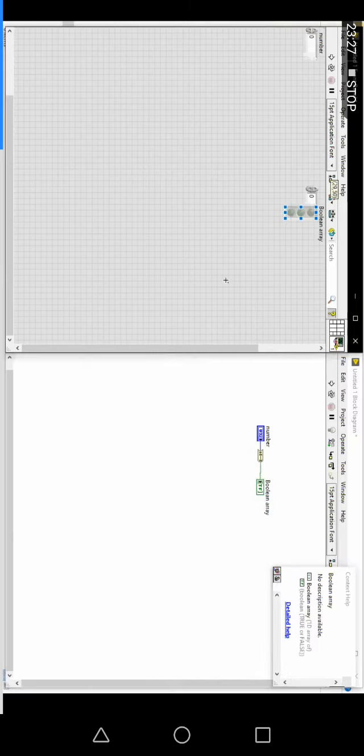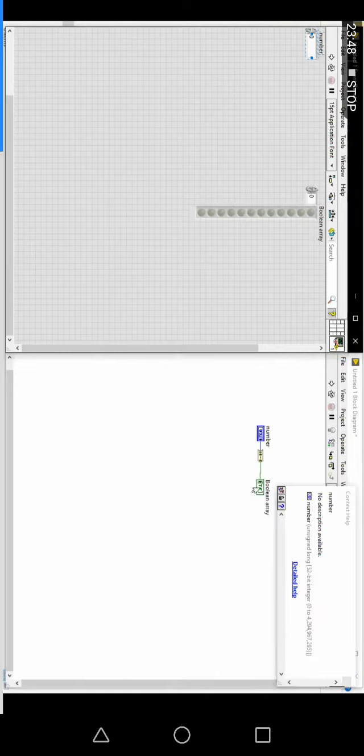Again, I said don't just tell 1 1 1 1. Boolean means binary, but here the output should be like true true true true. You will get true true true true instead of 1 1 1 1. No problem, but kindly try to convert that value. Now here you have the number, and here you have the output boolean array.